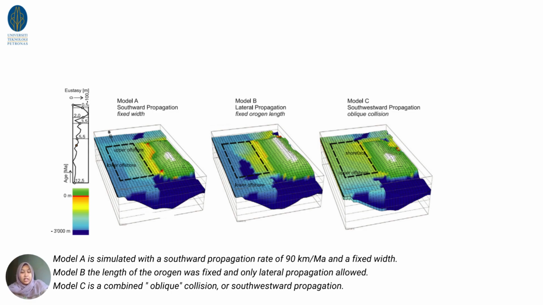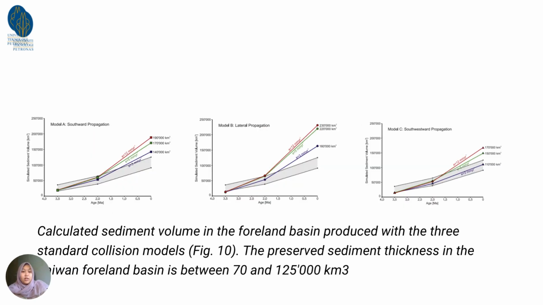Model B is where the length of the orogen was fixed and lateral propagation allowed. Model C combines an oblique collision and a southward propagation. Next, here is the calculated sediment volume in the foreland basin produced with the three standard collision models,